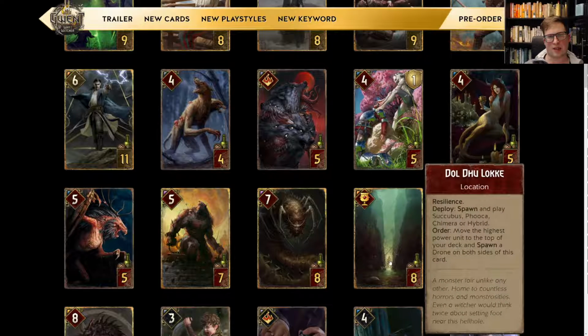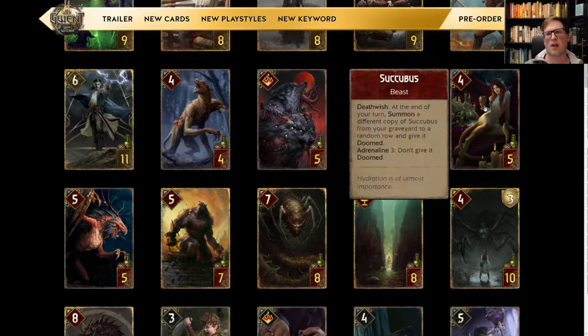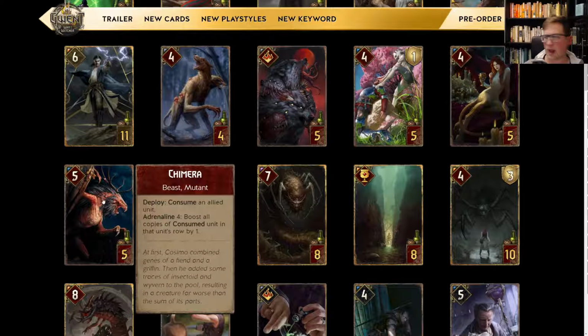I think we're going to see some play with this with Dol du Loc. But anyway, really good solid value you get from her. Adrenaline 3, you don't give it Doom, so you can kind of keep consuming her. She's just a cheap Ruhin, but it does require 2 of them. Just keep that in mind. Then Chimera,